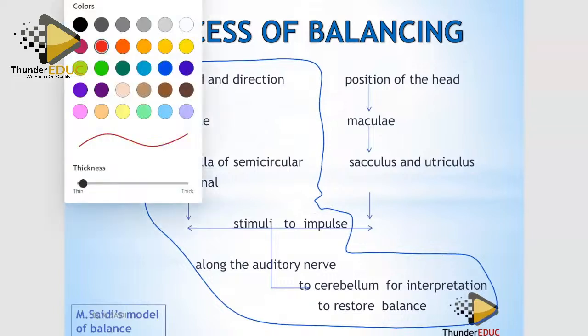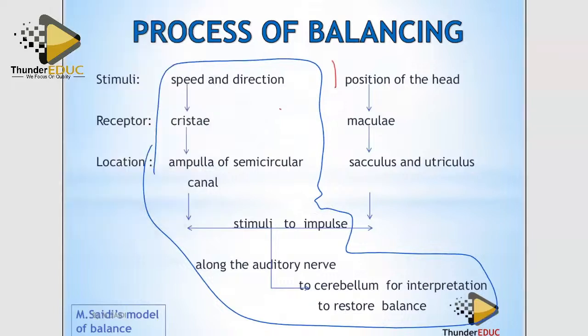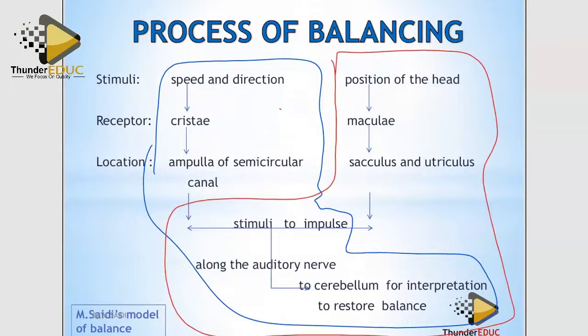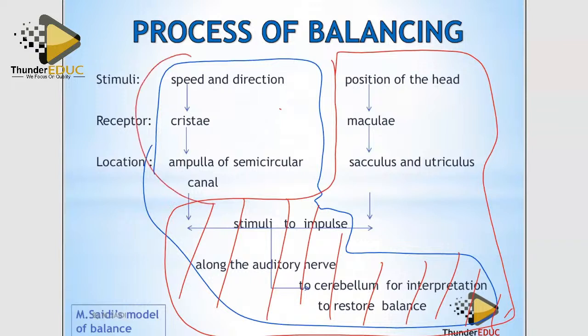And if they ask you something about position, then it means that you explain this. In other words, this is combined. See, you have to talk about whether it's speed and direction or position of what? Of the head. While this, because only for speed and direction, should only be talked about when you're talking about speed and direction. And then this,